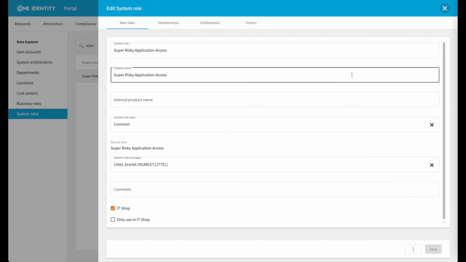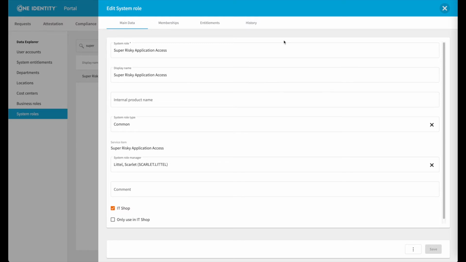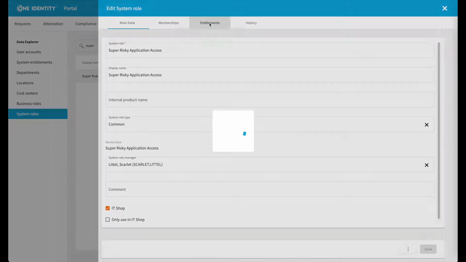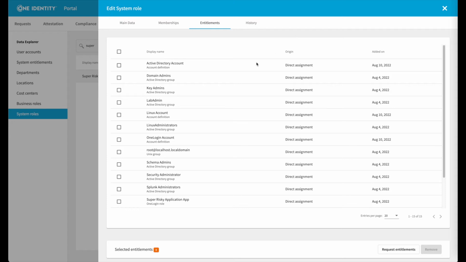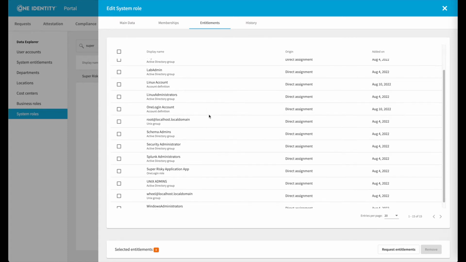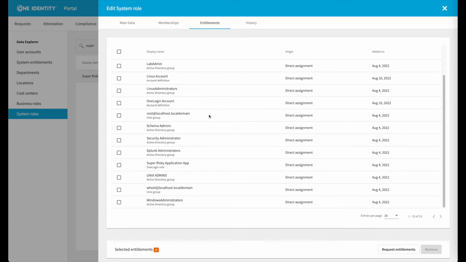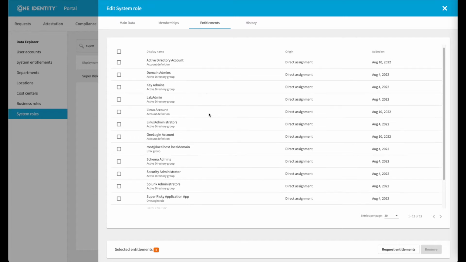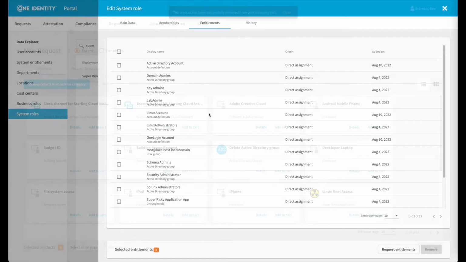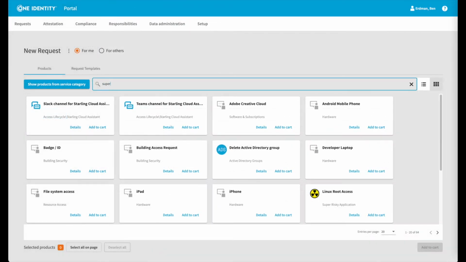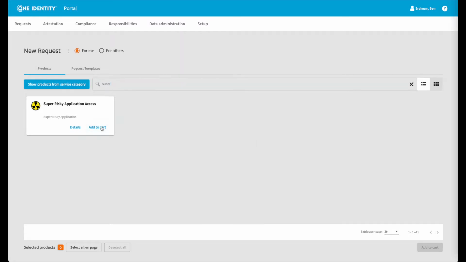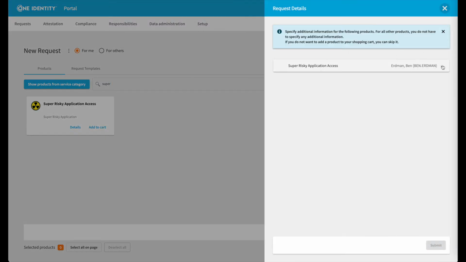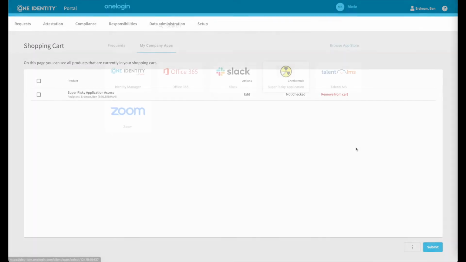Here is a super risky application, just to make an extreme example. This application includes accounts across several systems, as well as a number of permissions and entitlements that are also high risk. Identity Manager will provision all of these for any user who acquires this application, such as by access request or through a role assignment. However, from the end user's perspective, this is just one item, and in fact, if you take the SSO platform by itself, the user logging into the app really is all of the detail and control that's available.